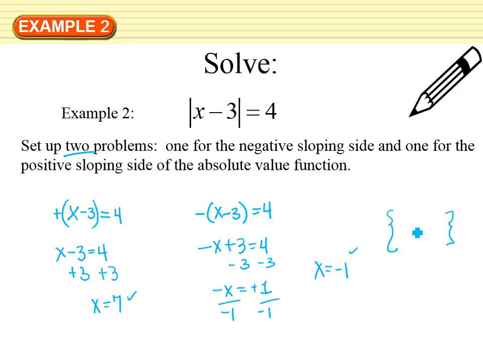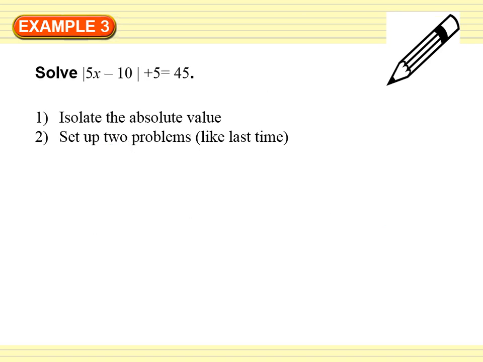And so my answers would be 7 and negative 1. Okay, I don't use parentheses because it's not an xy. They're two x values. All right, so I'm going to use these squiggly lines to say both of those answers work. All right, so now I have another problem, example number 3, which you need to also put in your